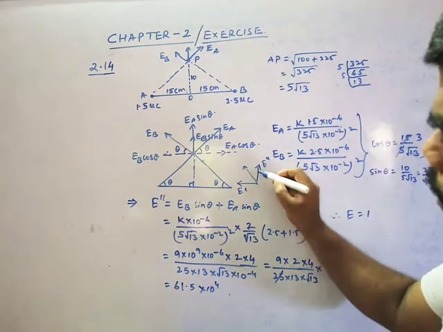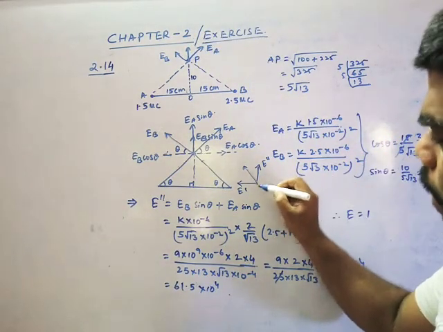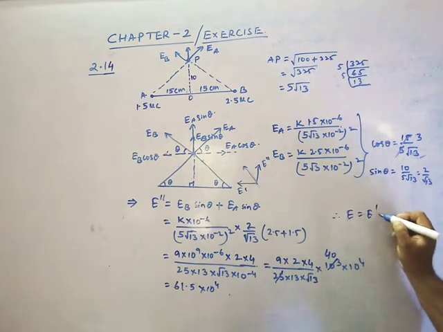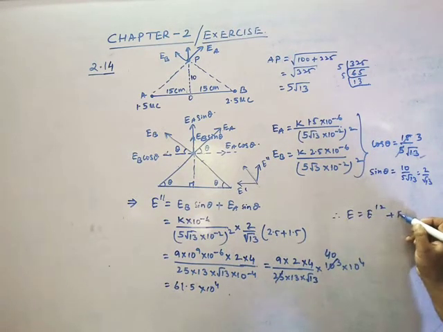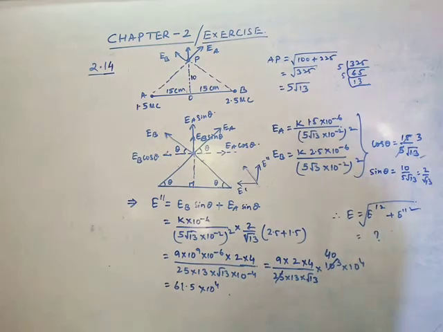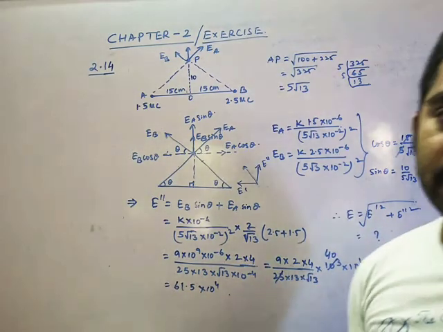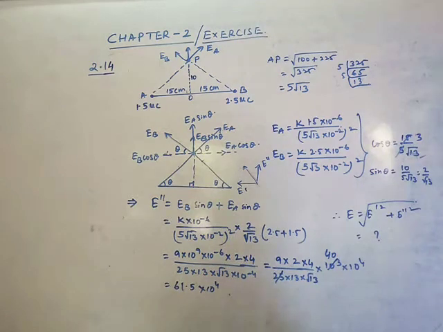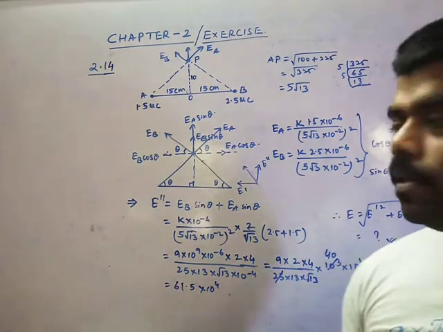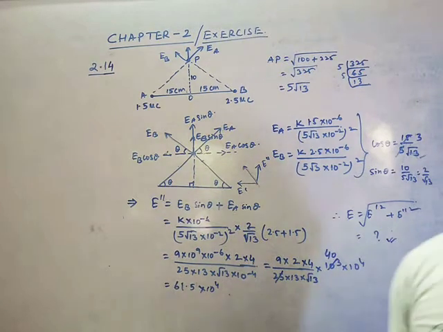It will stay here. The answer of the components will always be at 90 degrees, so for the resultant you have to use the square root of E dash square plus E double dash square. Is it right? This is your part. You just do it, because I had already written that one, I don't know how much the answer is. So you just find it and give the answers. Is it right? If there is any problem, we will discuss this. Clear? Okay.